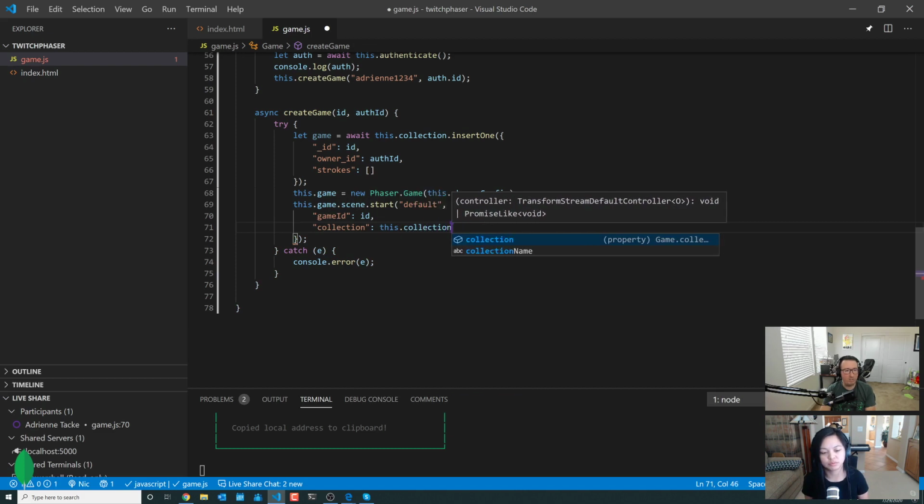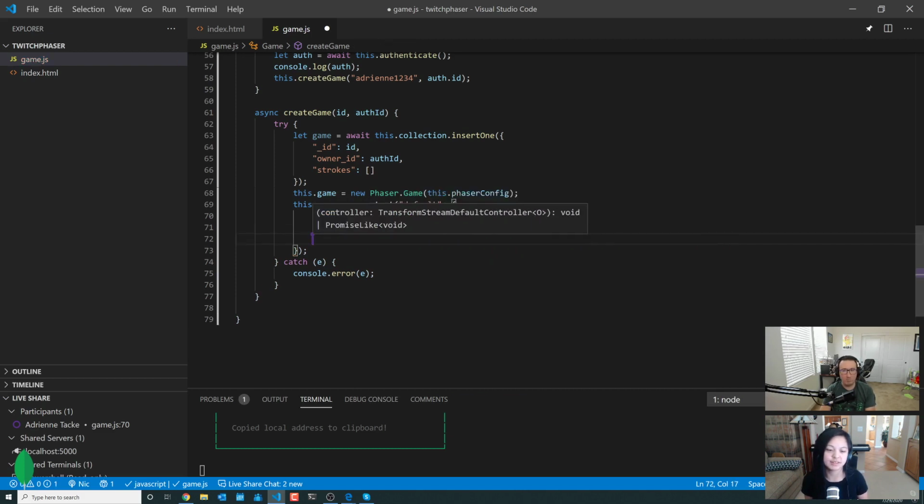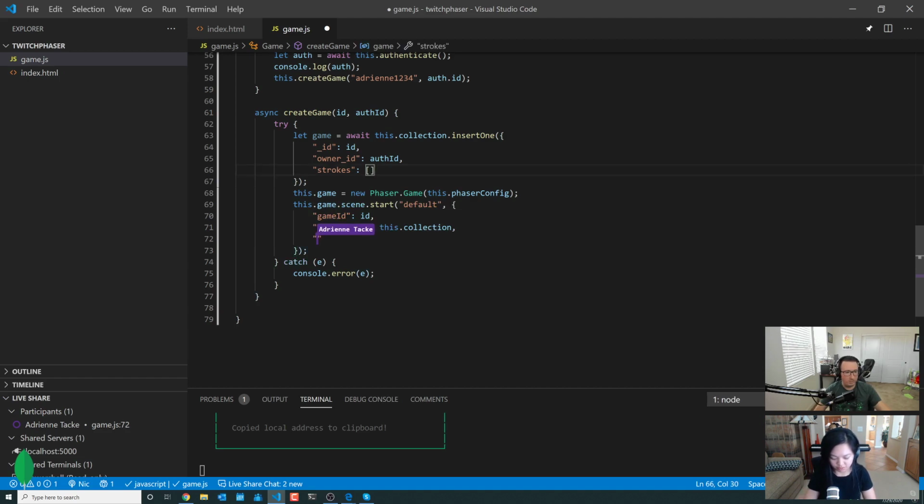And some of this might be overkill, and we could always strip it out later. Just going off the top of my head, I know what we need. And this is going to be auth ID. Also, I would think we would need the owner ID, right?